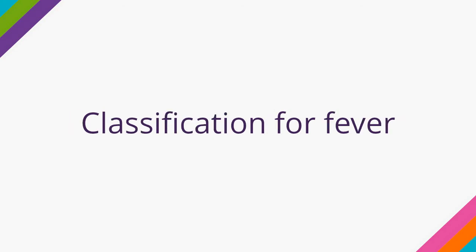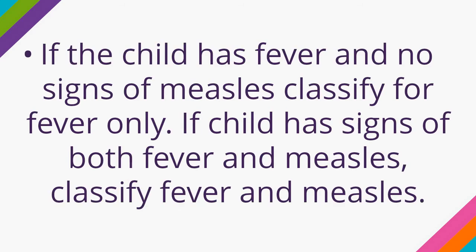If the child has fever and no signs of measles, you can classify for fever only. If the child has signs of both fever and measles, classify fever and the measles. So there are 3 possible classifications of fever: very severe febrile disease, or maybe just cerebral malaria. Okay, so now,